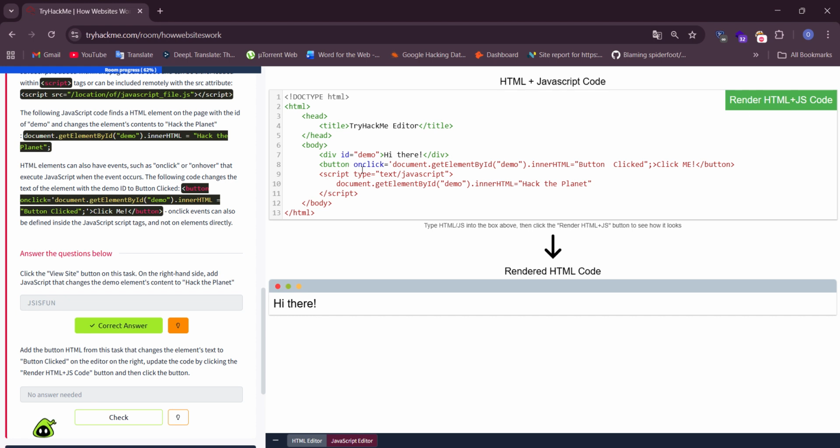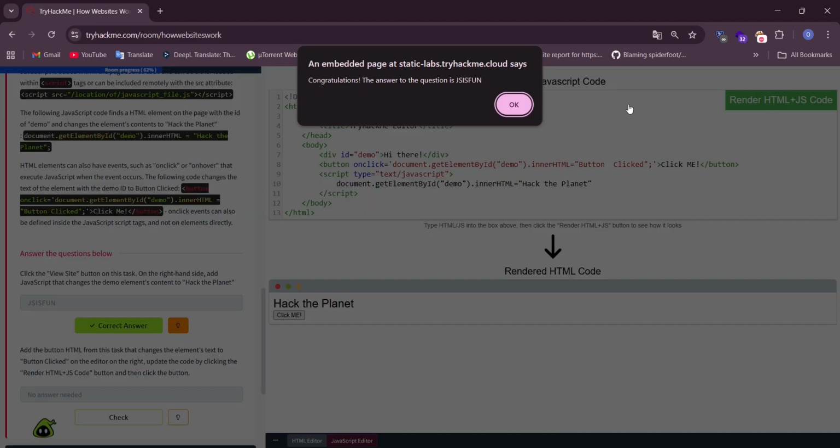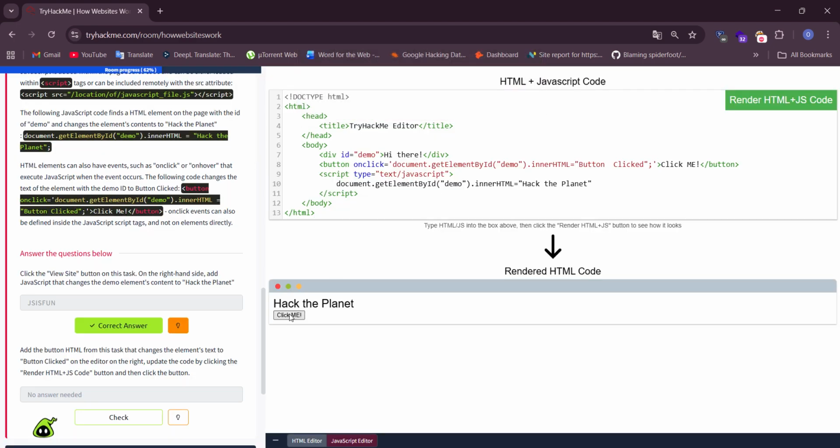We wrote something wrong, but what did we write wrong? Okay, click me, button click it. Okay, check.